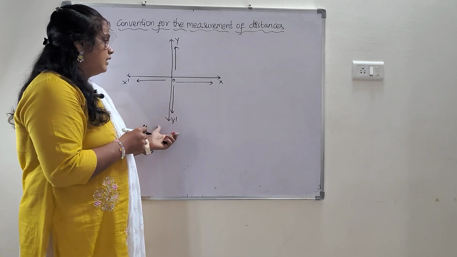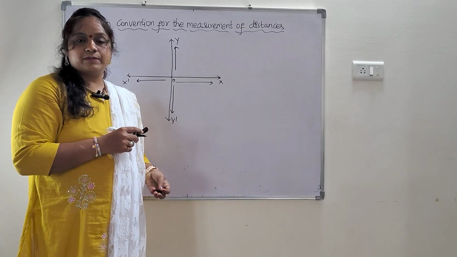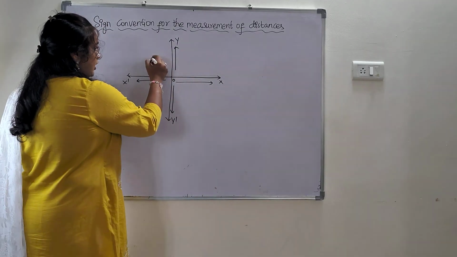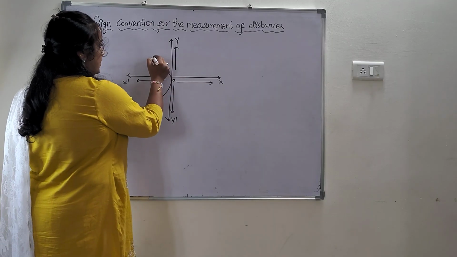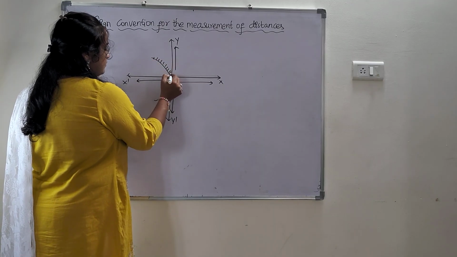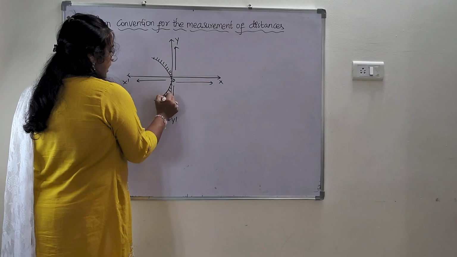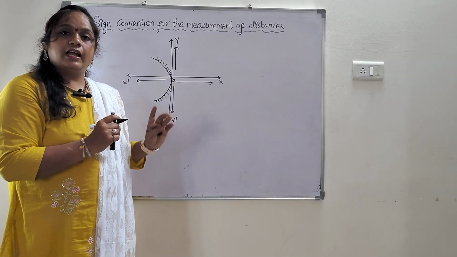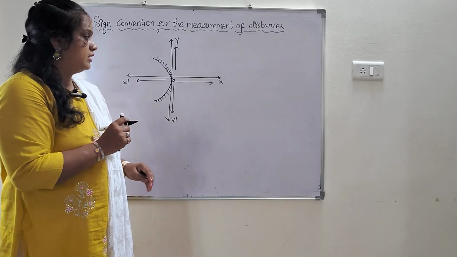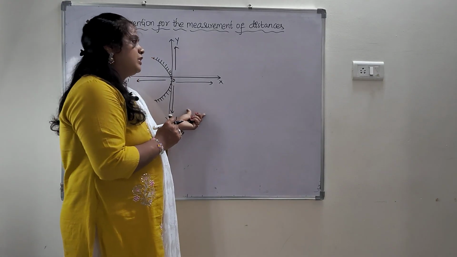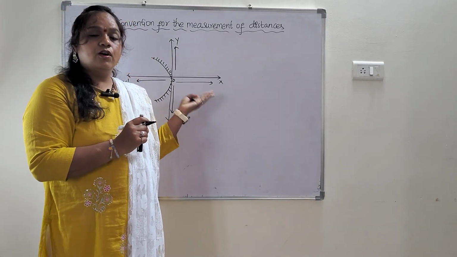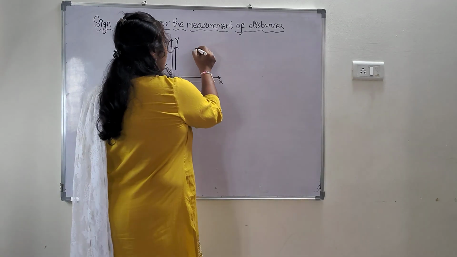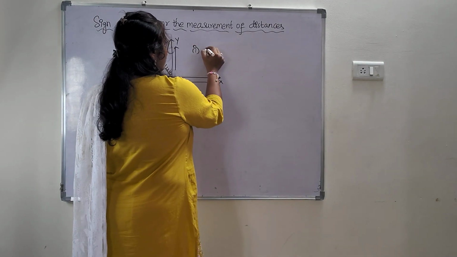Here I will explain 5 amazing tips on how to solve numericals easily. For this, we need to take the concave mirror. The sign convention is the same for concave mirror and convex mirror. It will be the same for both mirrors. In order to know the sign convention, first we need to learn 4 rules. Those 4 rules are very important. So what is rule number 1?